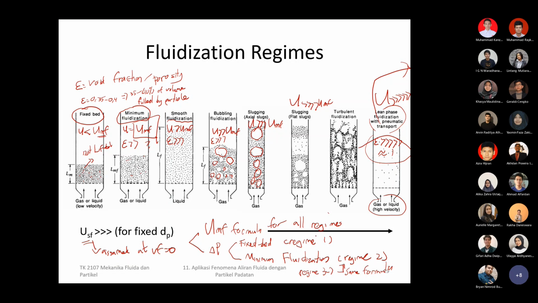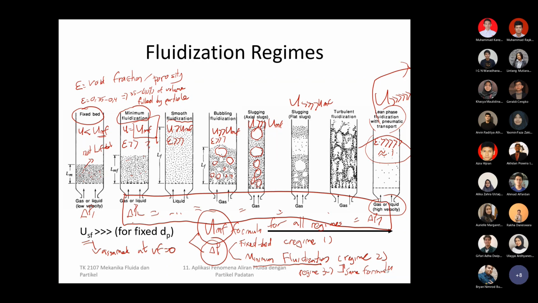As long as you know the minimum fluidization velocity formula, that's one big tick in the exercise. Then for the pressure drop, you know the delta P at the minimum fluidization condition. So if I put delta P1, delta P2, up until delta P7, delta P2 will be the same as delta P3, the same as delta P4, the same as delta P5, the same as delta P6, up until the same as delta P7. All of them can be calculated in one correlation, one formula, one step calculation.